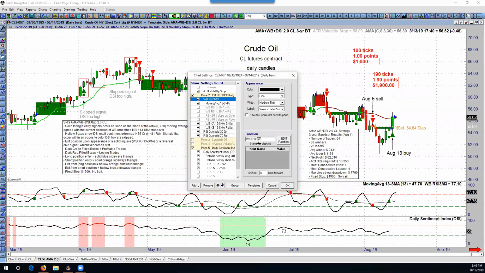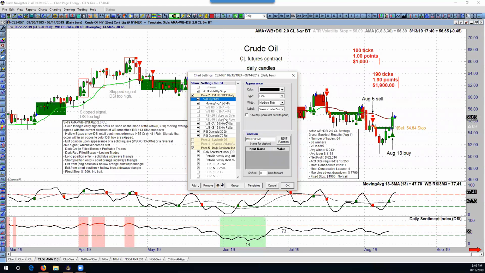And if your platform is capable of this, you can create the Walter Bressert indicator by taking a standard RSI with the standard default settings, create a 3-period moving average of it, and then create a 3-period moving average of the 3-period moving average you just made. And you end up with something that is kind of like an RSI,